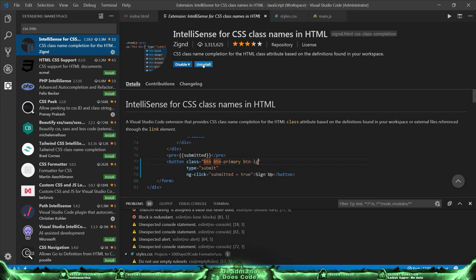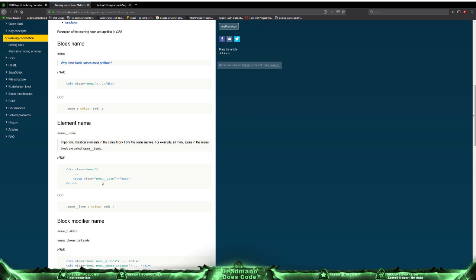With double underscore, you can tell this element is a sub-element. What's the sub-element of what? Let me look at that example again, sorry. So I get menu underscore underscore item, of some parent element. So menu is the top parent, item is the sub. So if there's two underneath it, it means